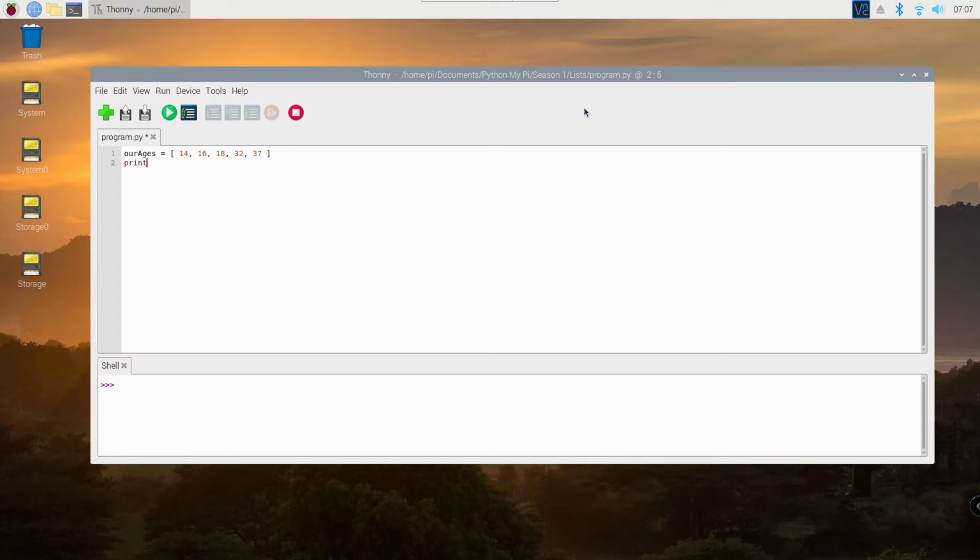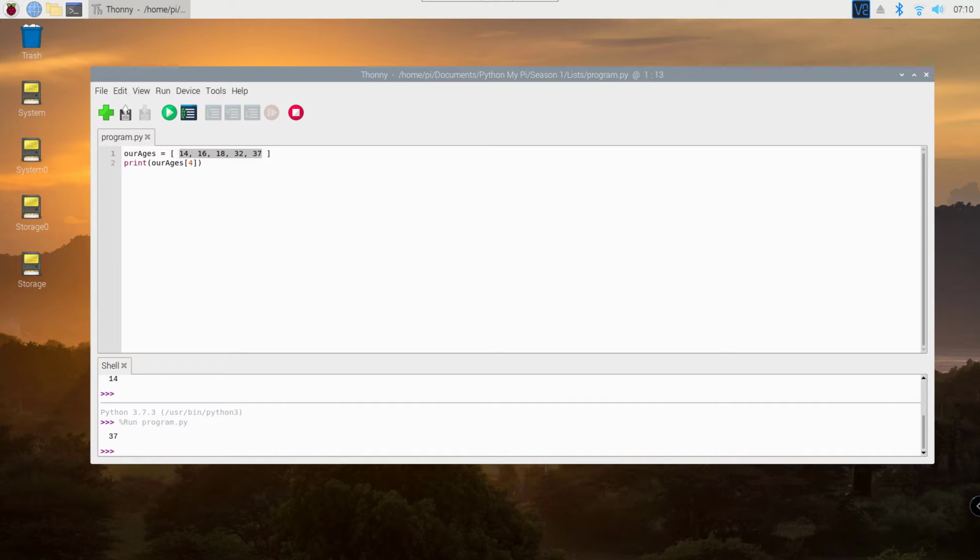Now, if we print out this data, you'll get everything all in one go. But if we want to refer to an individual item in this list, then we simply put in some square braces and we type in the index value of whatever we're referencing. So if I type in 0, that should pull up 14. If I type in 4, that should pull up 37. So this now has a value of 0 in terms of index, and this has a value of 4. This is important to remember because we've actually entered 5 different items, but because it references 0, 1, 2, 3,